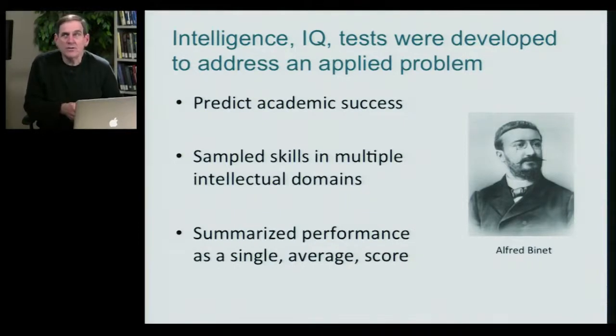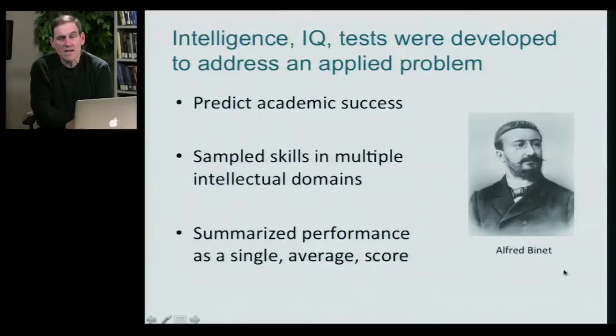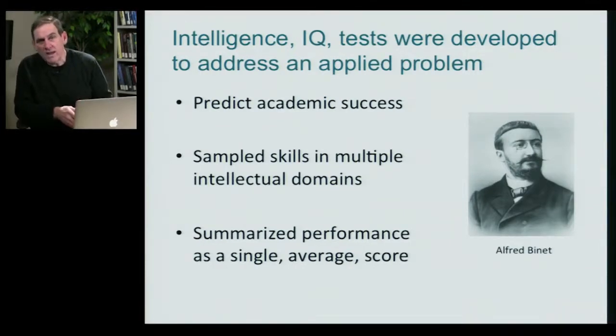And they wanted to do that to identify students who might need other types of intervention other than the normal academic curriculum. So the school district wanted something that would predict academic success. So Binet, along with his colleague Simone, it's not important for us to get into the details of this, but what they did to successfully develop this test that would predict academic success is to sample multiple ability or intellectual domains: verbal domains, mathematical domains, reasoning domains, memory domains, and then they summarize the performance as a single